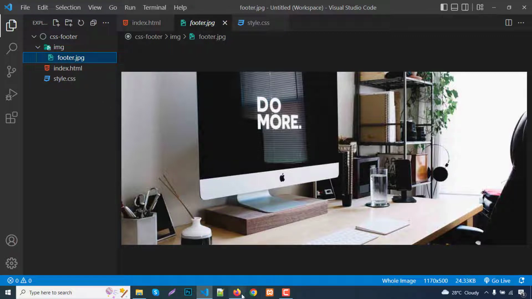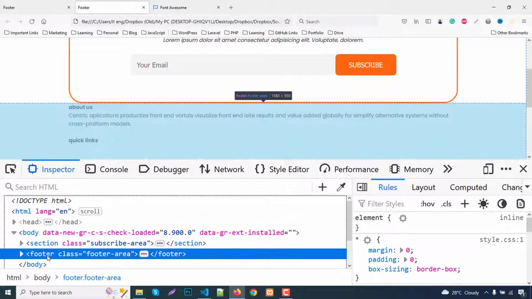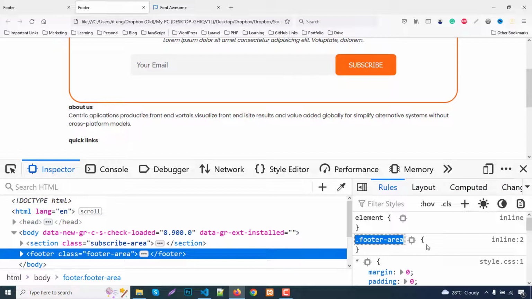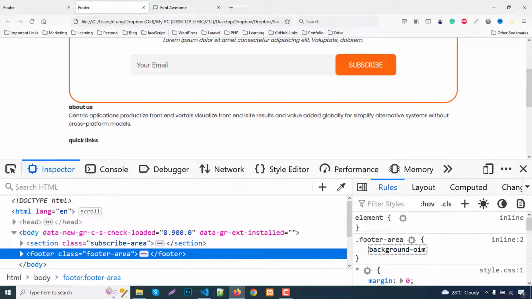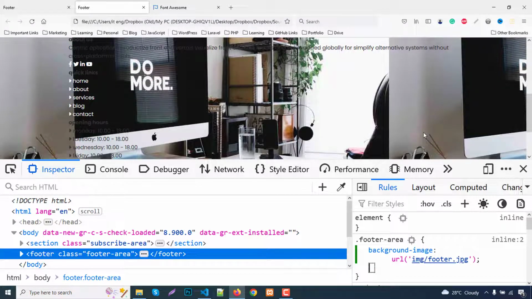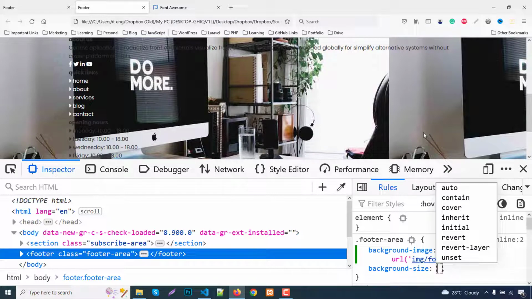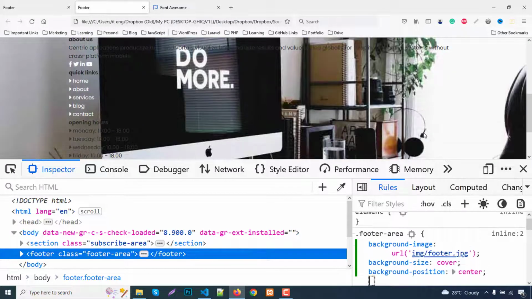So okay, first I inspect here. Our master parent is the footer class, footer area. Okay, our classes appear here. Just write background-image: url, single quotation, img/footer.jpg. Okay, the image is shown here. Fine. Just write background-size: cover, background-position: center, then position: relative,